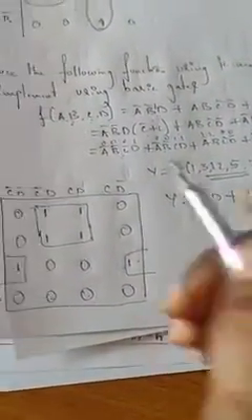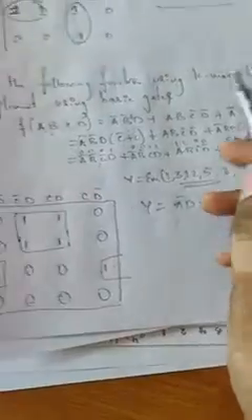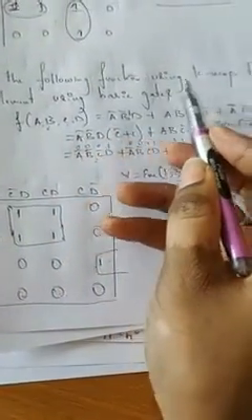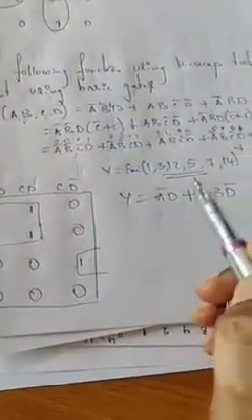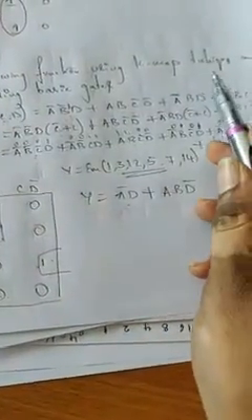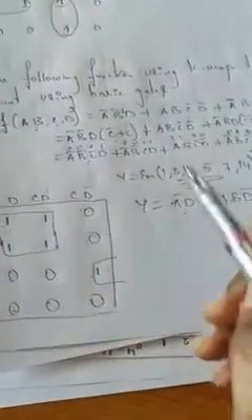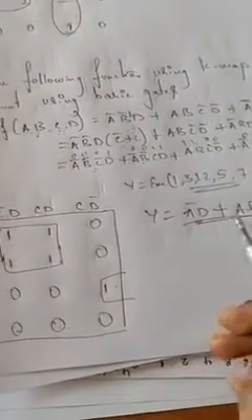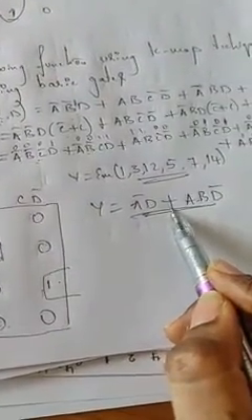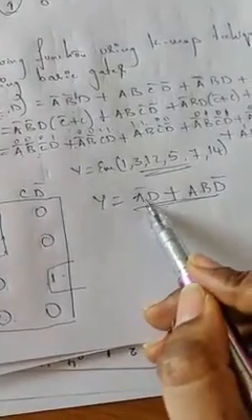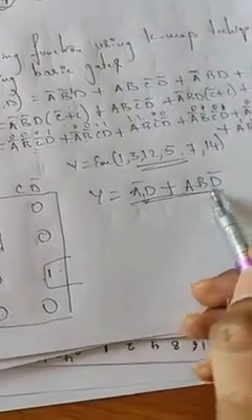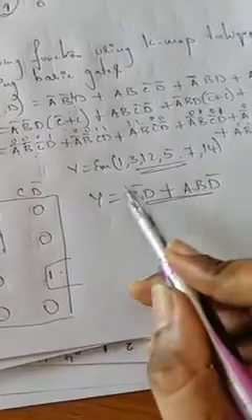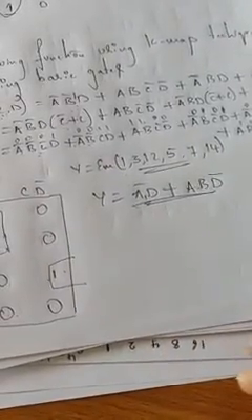So look at the question. You need to implement. So what is the question? Reduce the following Boolean function using K-map technique and implement using basic gates. You reduced it now, you got an expression. You need to implement this reduced form using basic gates. Basic gates means AND, OR, NOT. So when there is a plus, what gate is it? It is an OR gate. When there is a multiplication, what gate is it? It is an AND gate. When there is a bar, you are supposed to make use of a NOT gate.